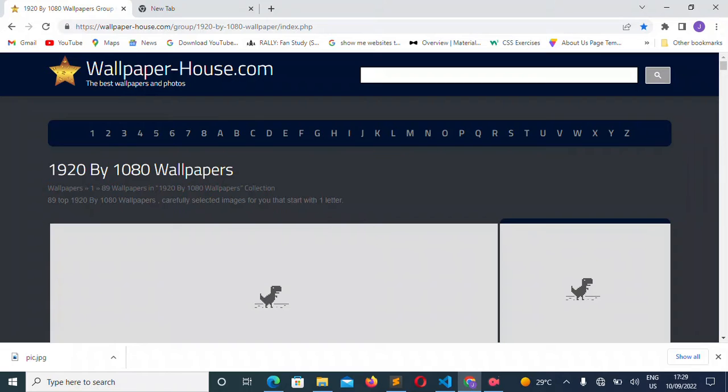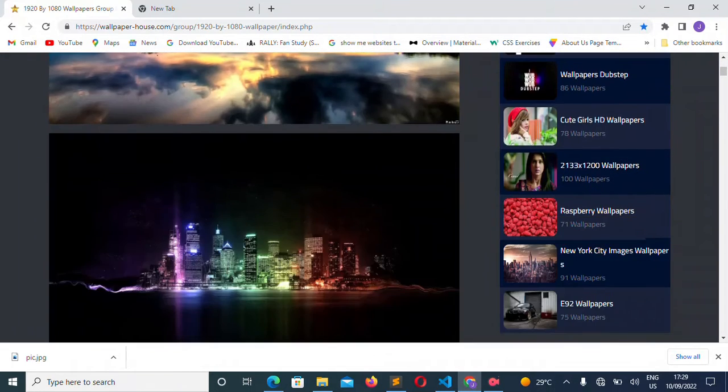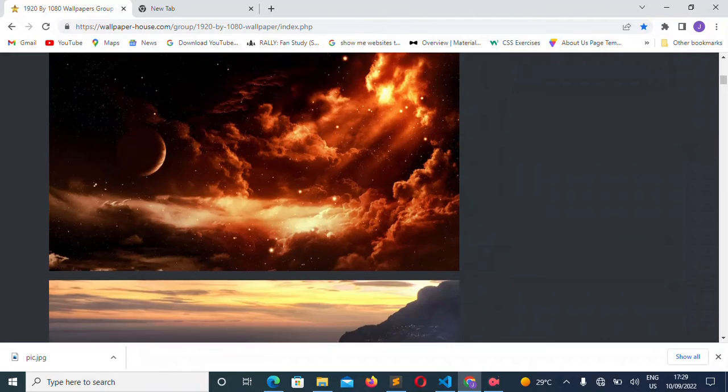You can go to 1920 by 1080 wallpapers, and you can click on any of these, ranging from 1 to 8, then A to Z, and you can even search for it. You can search for anything, supposing your website is for a charity organization, a pet store or a business. You could just click on it, like commerce, and once you've clicked on it, it takes you to the images.